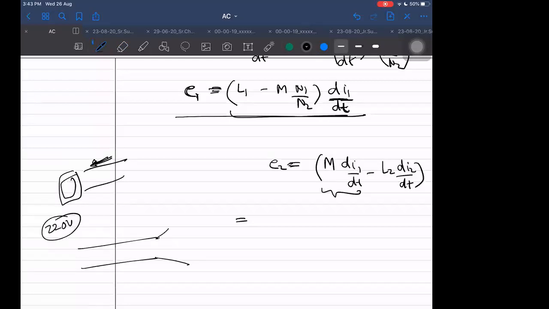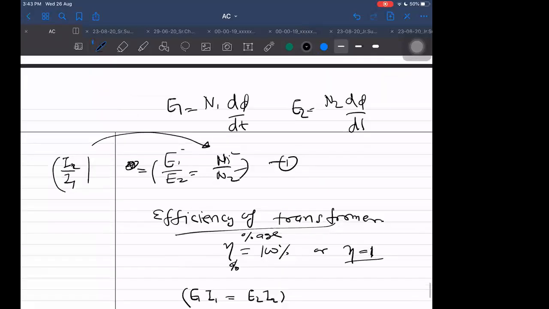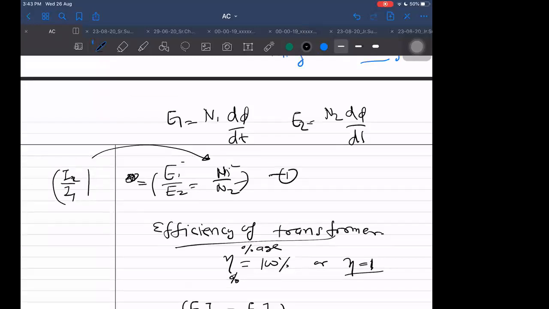It is coming in at 220 volts here, and that is possible because of a transformer. What does a transformer do? We can decide how small E2 is compared to E1 by changing the ratio of N2 and N1. If I keep N2 very small compared to N1, then E2 will become less than E1. I can reduce the voltage easily.